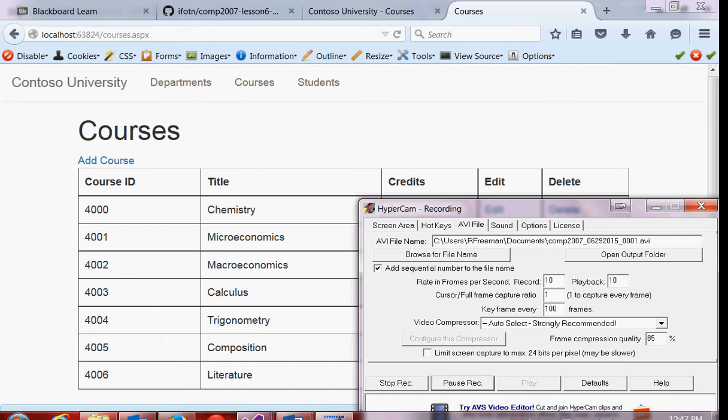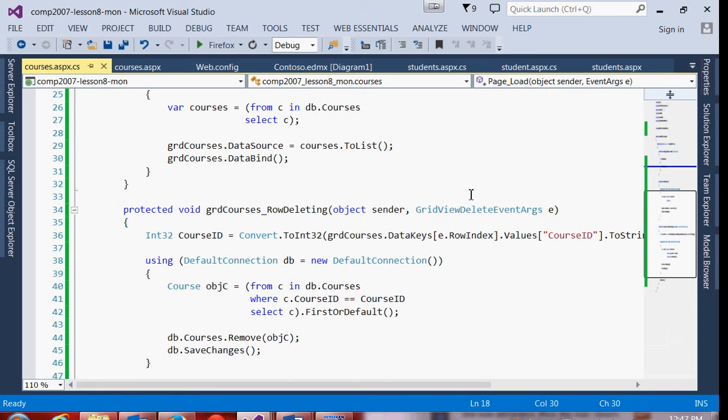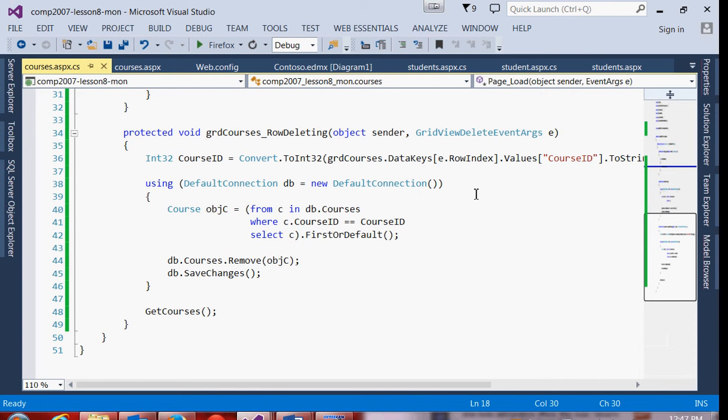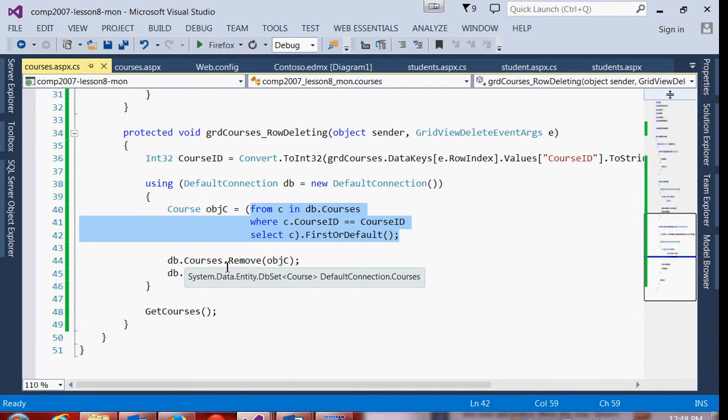Okay. So I have added the delete to mine, which is really the same as what we've done on the other deletes. Get the ID, connect, select out that course, call remove, and then refresh the grid. If you choose to leave this functionality out for today, no problem. The edit link we are going to need,